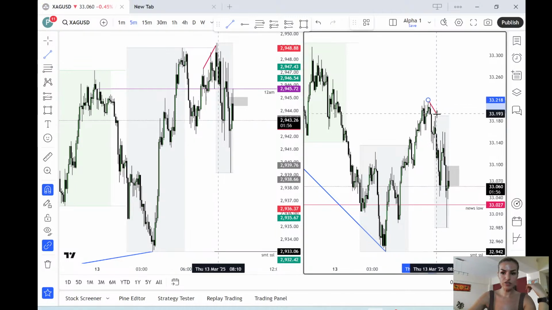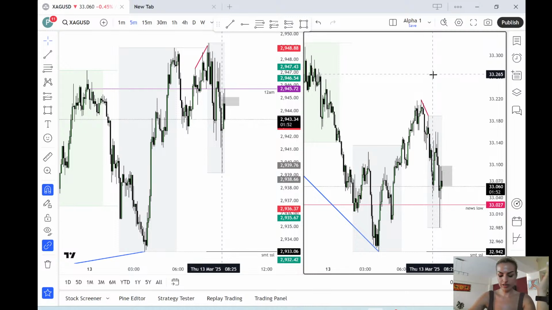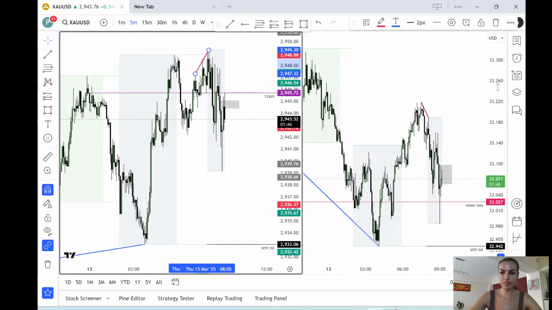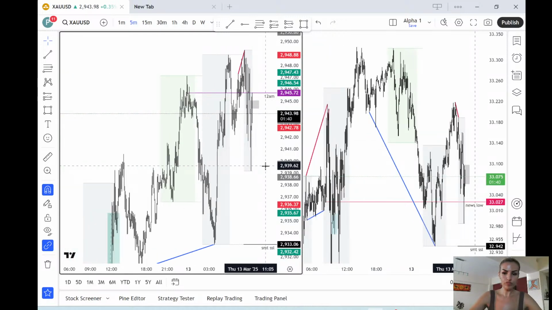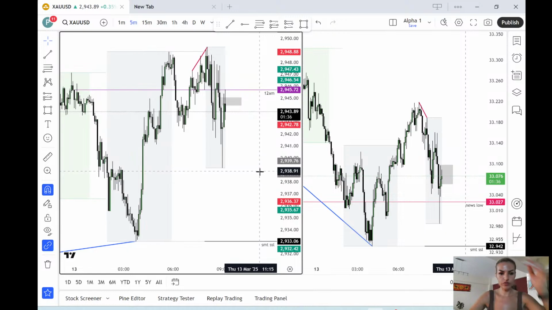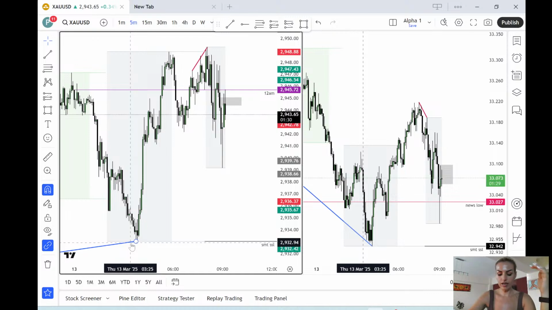This is what I'm interested in, to find out where, not necessarily internal range liquidity, because it's not really internal range liquidity, but more like minor liquidity zones. Where have these been forming? Okay, so minor liquidity zones. So we have sell side at the low of the London session,